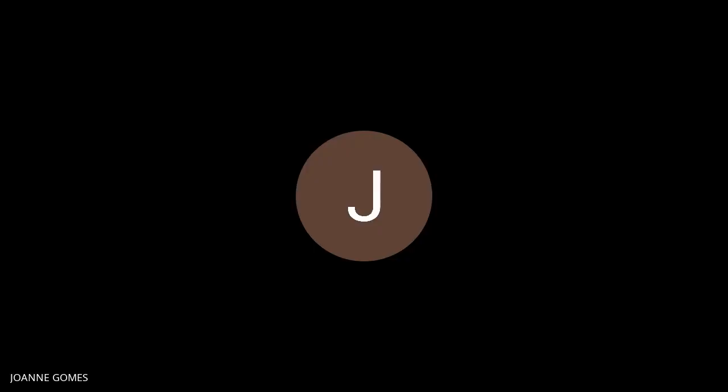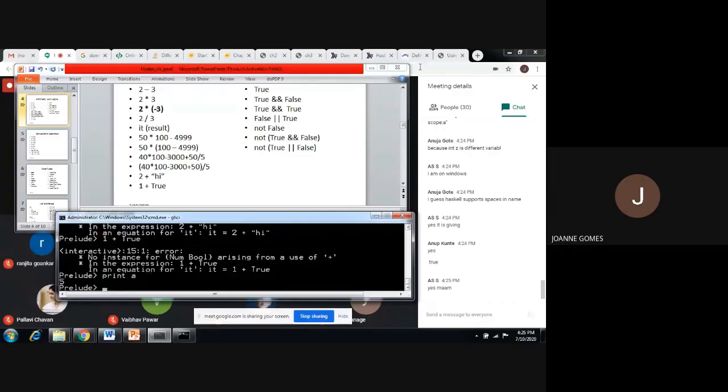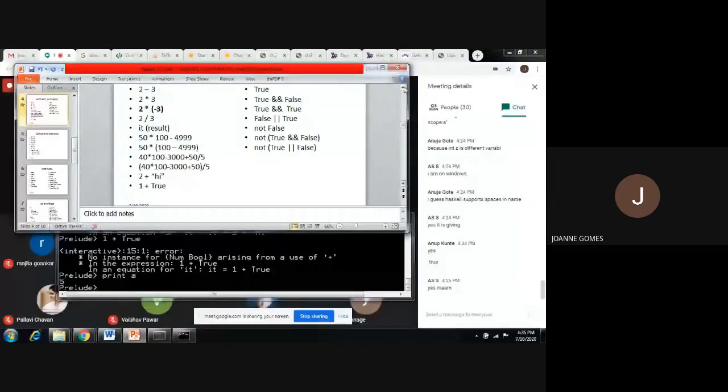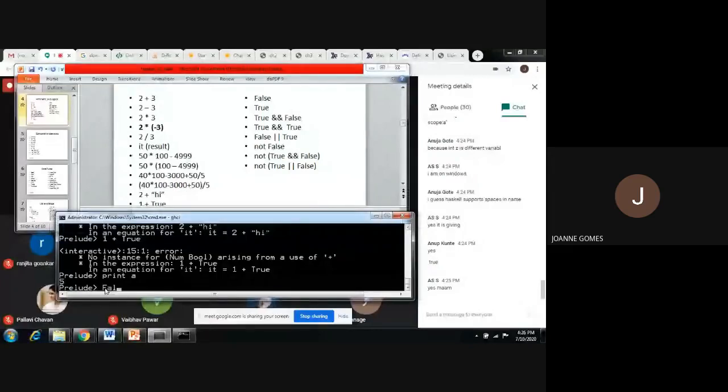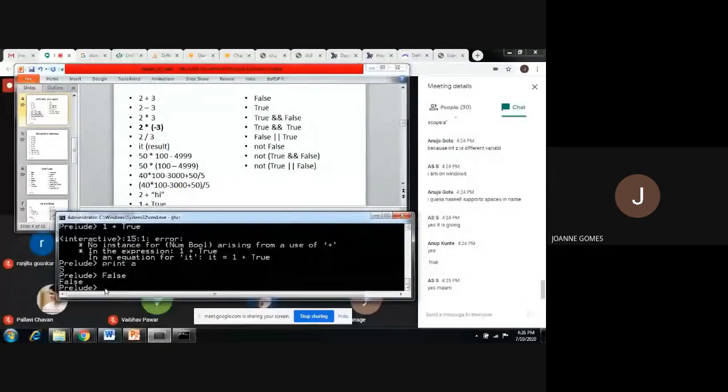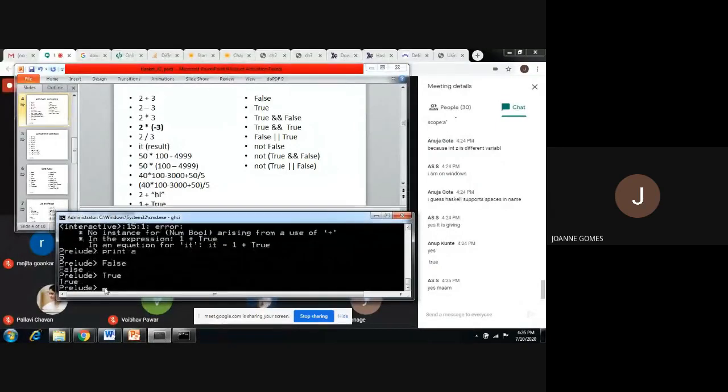Fine. So coming to the next, Boolean values. We just type False, True. Next is the AND operation.